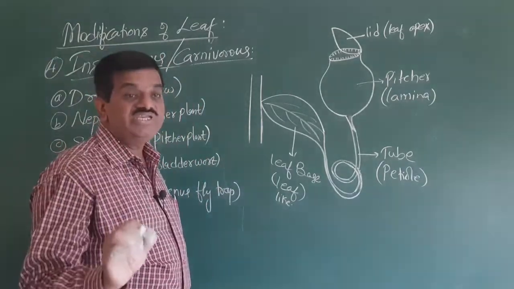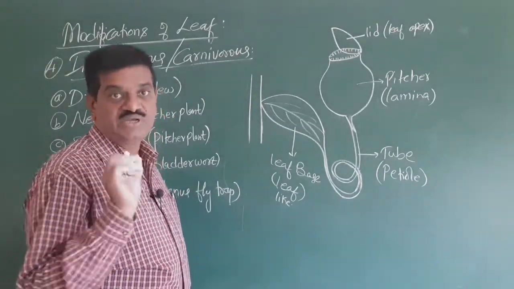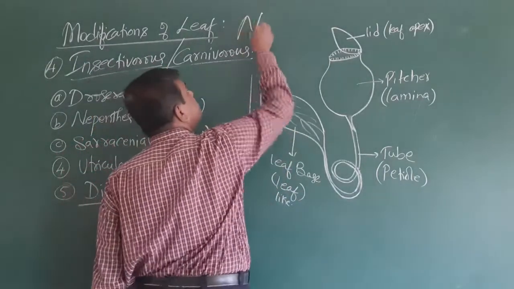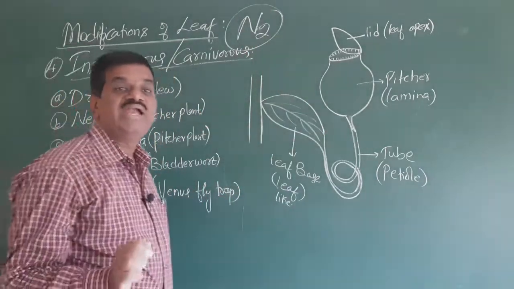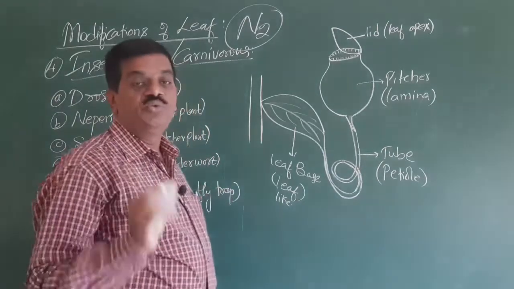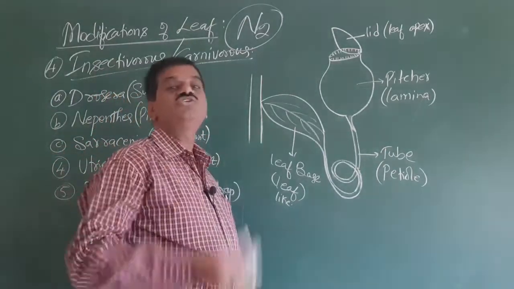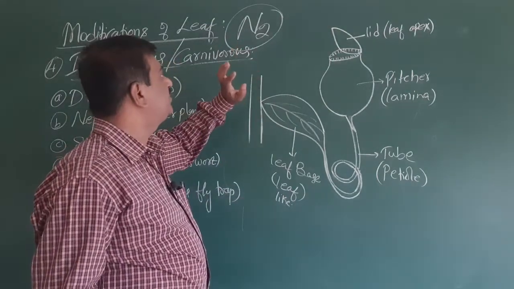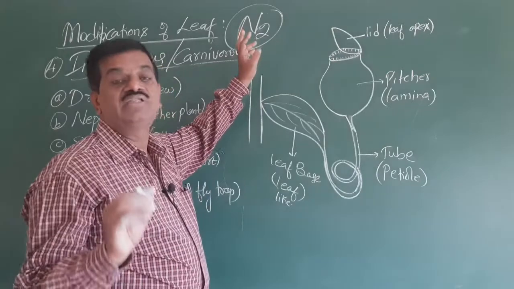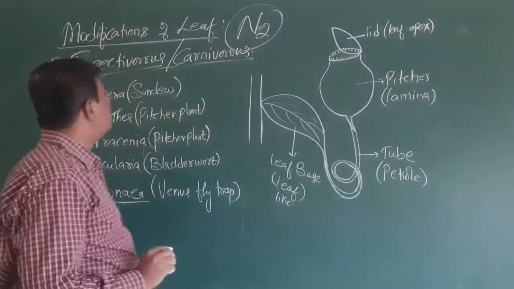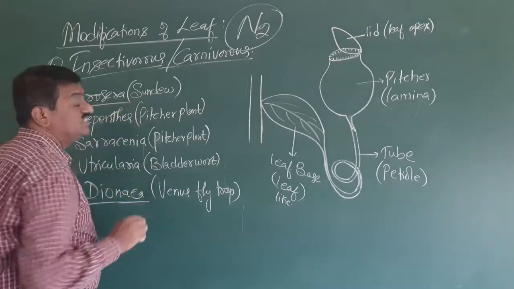So here these leaves are modified for capturing the insects because of nitrogen deficiency. Usually, normally the plants require nitrogen. When nitrogen deficiency is there in a plant, the leaves are modified for capturing the insects. From the insect, they trap or take nitrogen. So some of these insectivorous plants are, one of these is called Drosera.